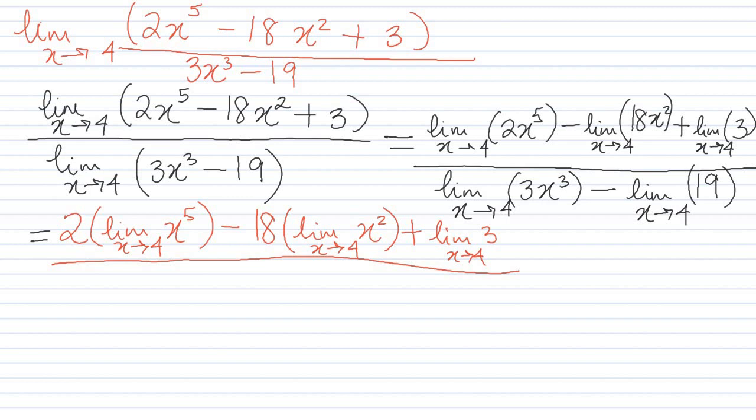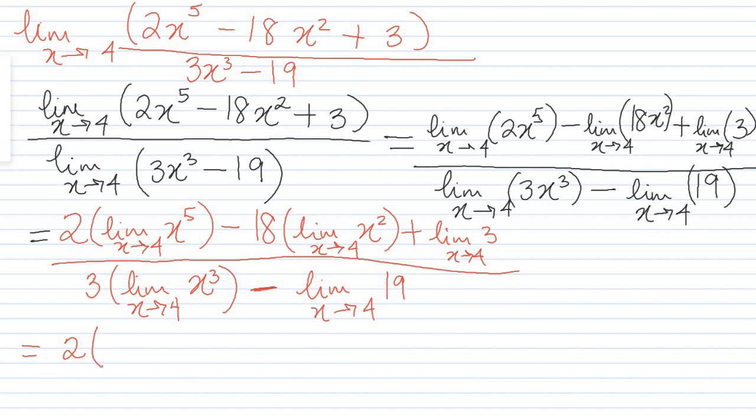That's your choice. So then you bring out the limit as x goes to 3 of x cubed, minus the limit as x goes to 4, not x goes to 3, that's my bad, x goes to 4 right here, of 19. So the next thing we have here is 2